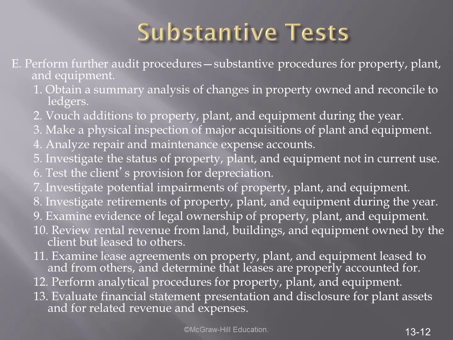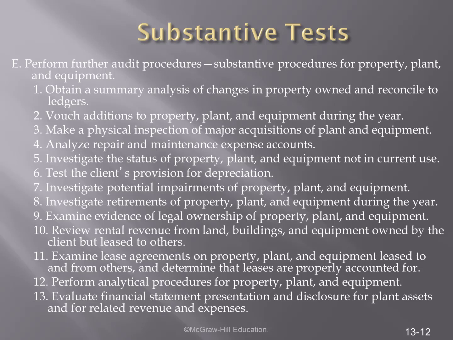You notice that we are looking at changes in property over the past year. We want to vouch additions to property and plant and equipment that have occurred during the year. And again, why are we interested in this? If we've done our prior audits correctly, we have a good handle on property, plant, and equipment, and now we're looking at changes. We want to analyze the repair and maintenance expense accounts, make sure that these are properly allocated,